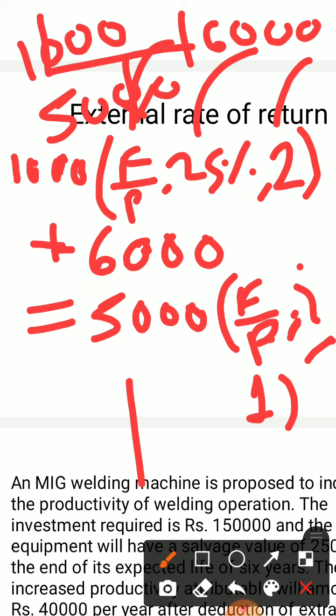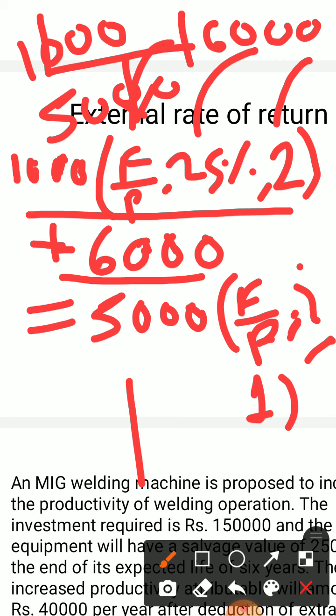For the 1,000 amount the period is 2 years. For 6,000 the period is 0, so this F by P factor becomes 1. Now with this equation,